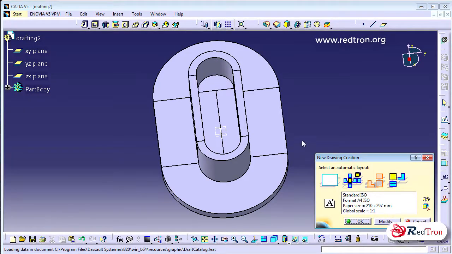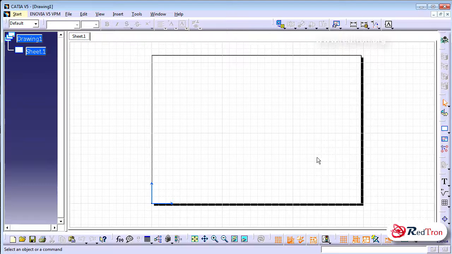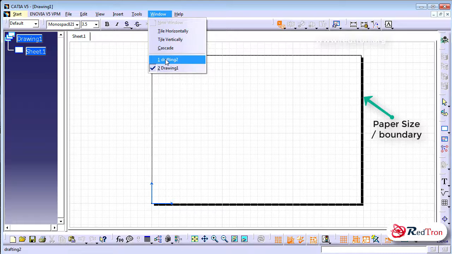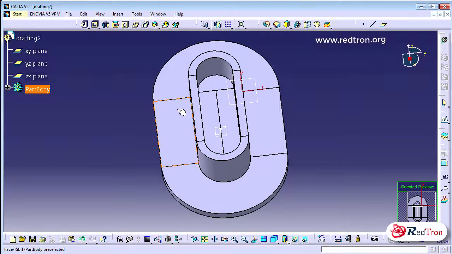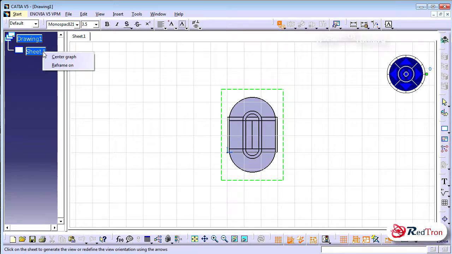So go and start mechanical and drafting. Select the white page. This is the paper size, the black boundary which you are seeing is the paper size. Select front view, go to Windows, and I have given drafting 2 as my part object name. So this is the